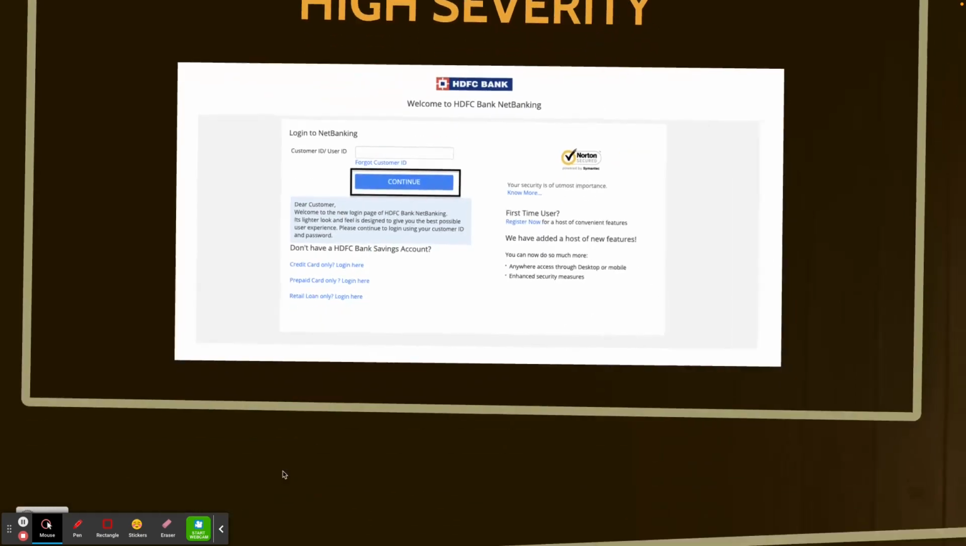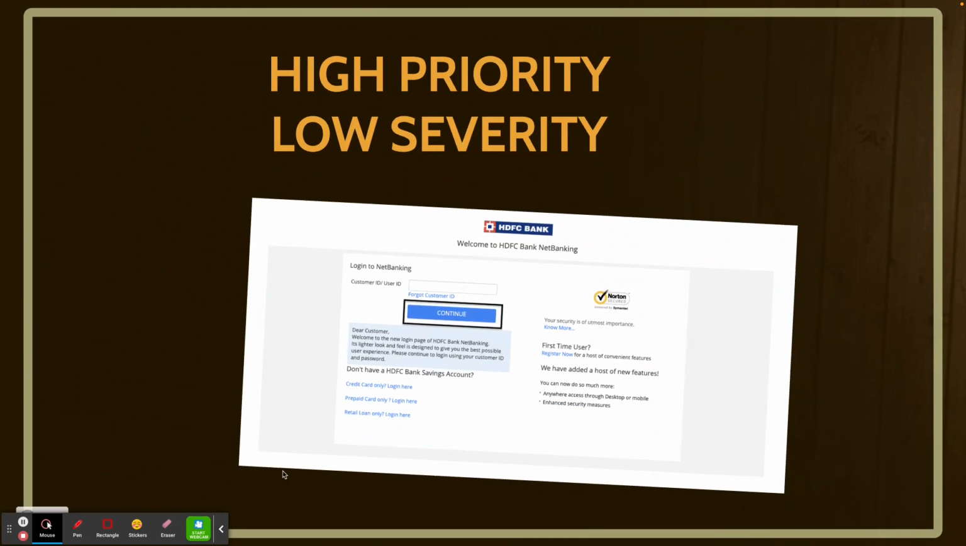Cool. Now, let's jump on to another example: high priority, low severity. That means this particular bug will have a great impact business wise, but not a great impact technical wise, right? For example, on the screen, see the line which says welcome to HDFC Bank net banking. Now, let's suppose this was incorrectly spelled, that is, HDFB Bank, right? In that case, as a customer or end user, your trust is shaken